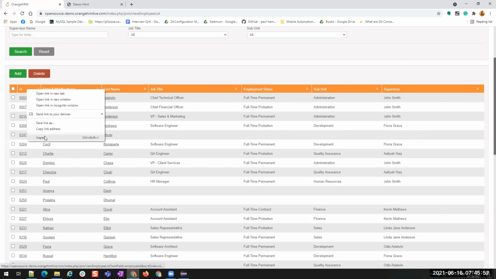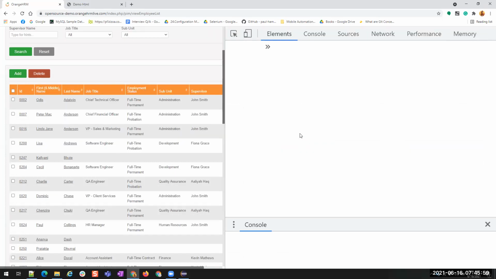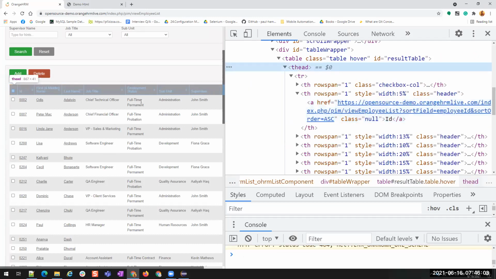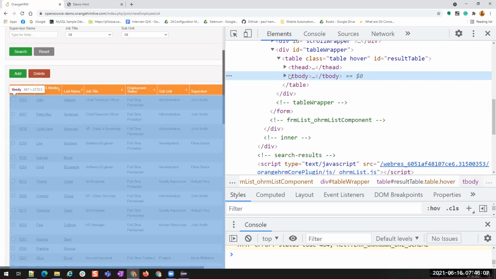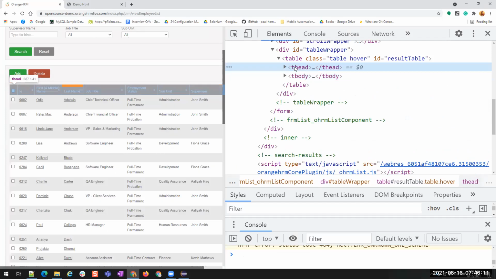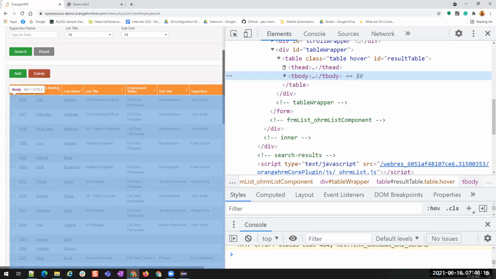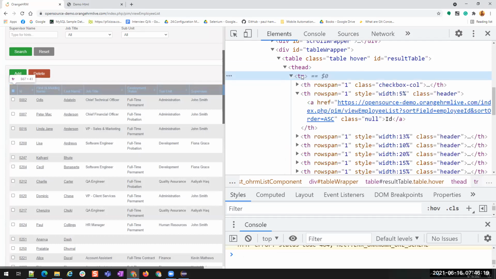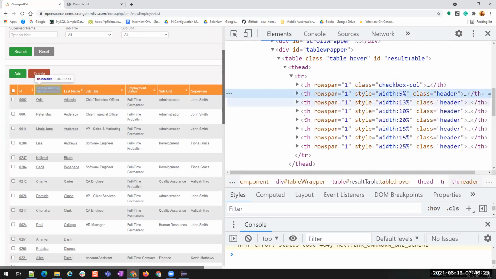Let me show you that. Inspect. Now you see here, this is a T header. Orange HRM is using T head and T body, but most of the other developers or applications are not using T head. They are directly writing under T body. In T head, we have one row for header, and inside that row we are using TH for column names, right?